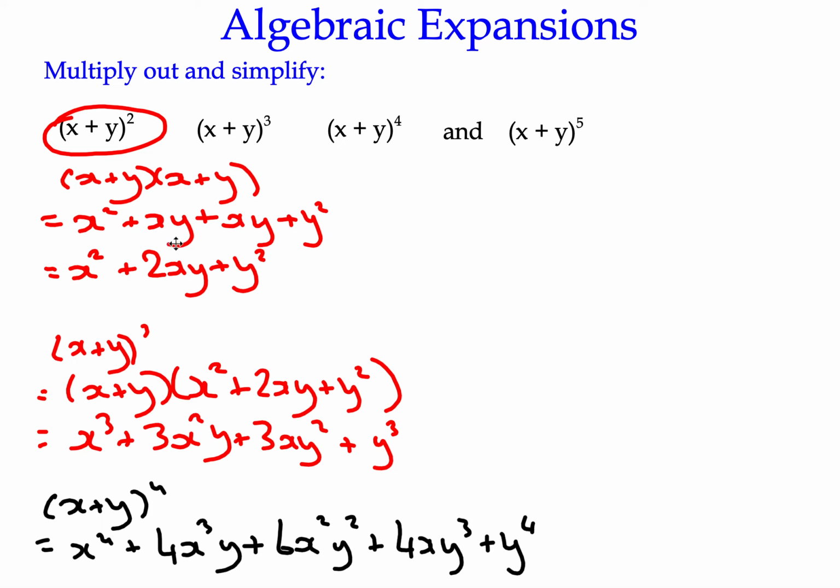Okay, so what's going on here? What is happening? Well, you could see that in each case, (x plus y) squared, we start off with x squared, and then we've got an x. Just get my wee highlighter. So the x terms go x squared, x to the power 1, and then x to the power 0. The y terms go, there's no y term, y to the 0, and then y squared. So we've got decreasing powers of x from the top number, which is the same as the 2 here, and then we've got increasing powers of y.